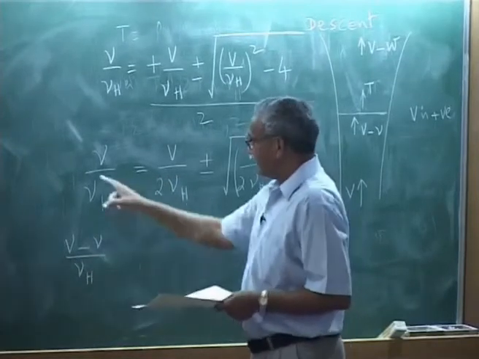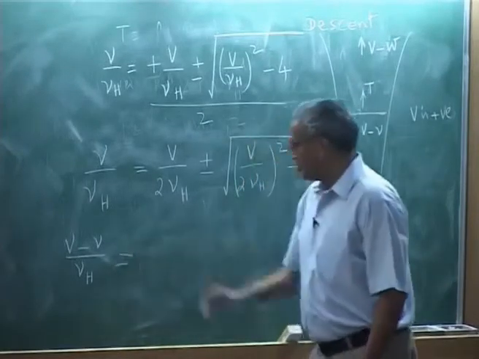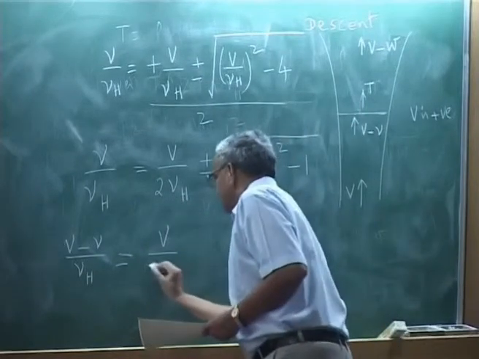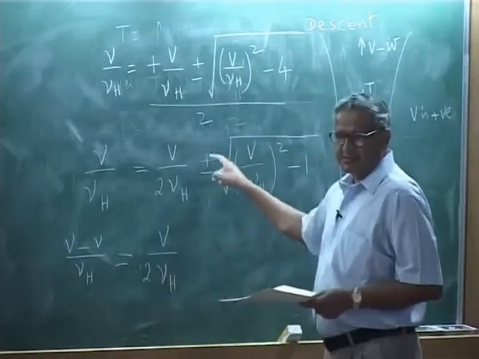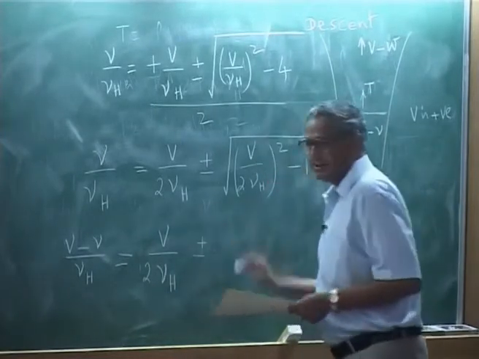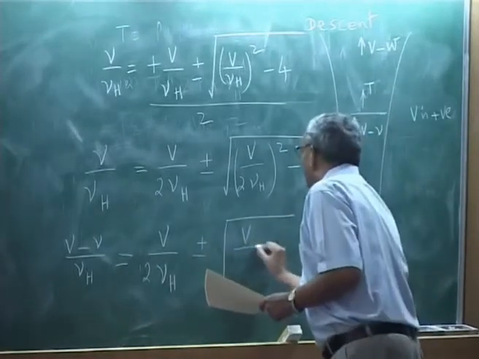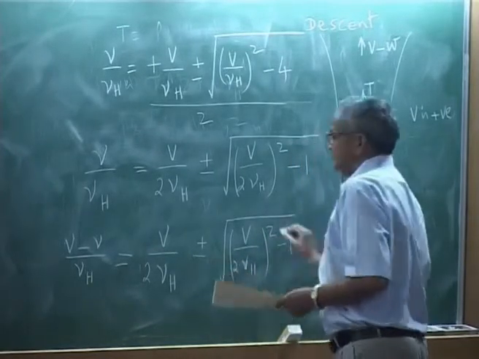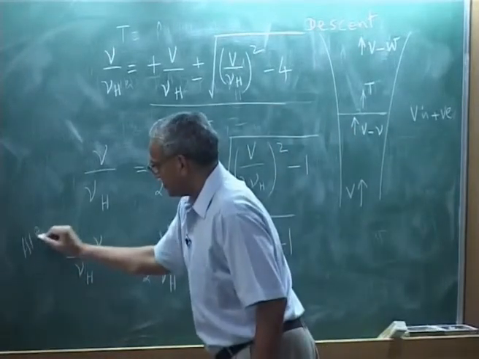please understand, I put a minus sign here, minus sign everything, which implies I must get what? This will be V over 2 nu h. This is again minus or plus, that will be same. So, I can put a plus or minus, it does not matter. I write V over 2 nu h minus 1. This is at the rotor disc, at rotor,